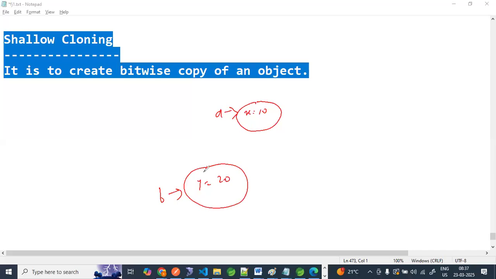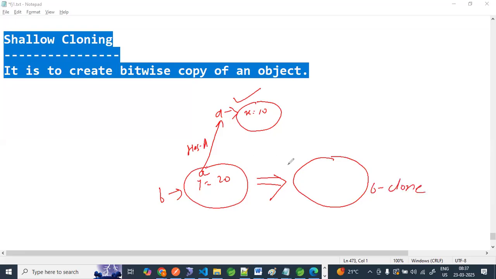And this A is connected, A is linked with this using has a relation. Using has a relation means we can modify the value of A using the B variable, right? Now try to understand, at the same time we make a clone copy of this B object. This is B object, and this is, let's say, B clone. I am creating a copy here. It means the same value y equal to 20 is also there, and this A is also pointing to